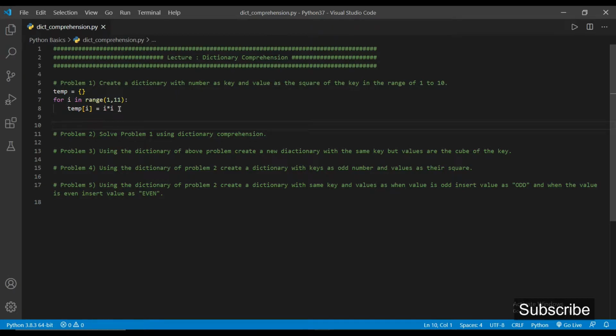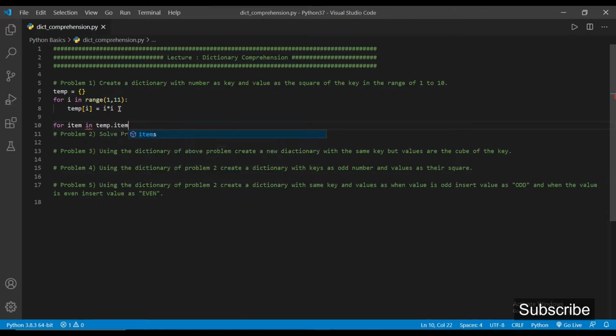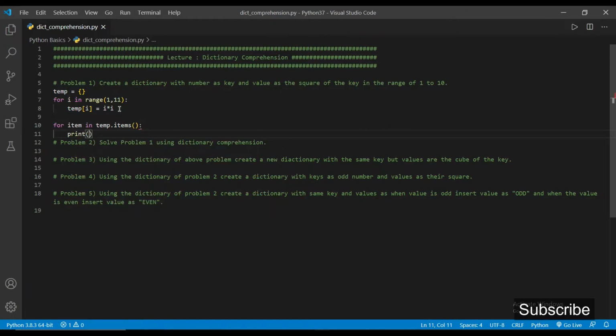This will create a dictionary with keys from 1 to 10, and the corresponding value will be the square of the key. If I try to print the items, that is the pairs, using a for loop, for item in temp.items(), then we will get the pairs.